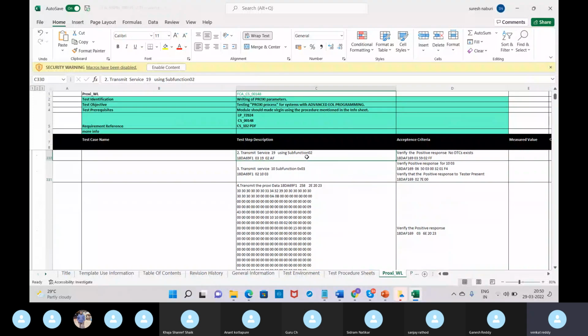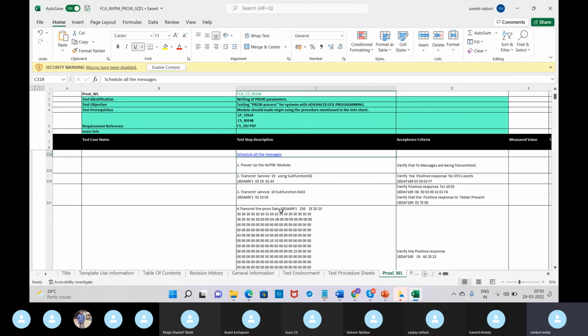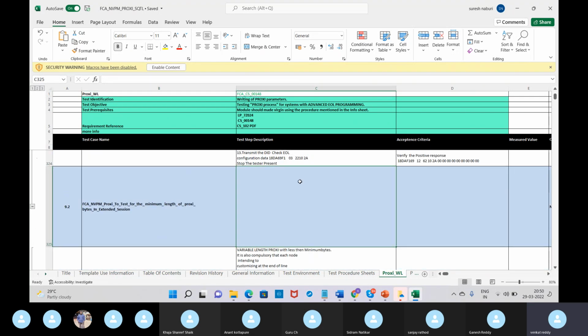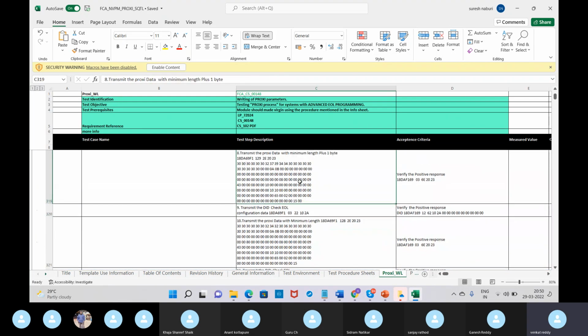Checking in all, first you need to enter into 1003 and then write. Next, you have to enter into default. See, default session. So we are checking in extended. Now we will check in the default. So in the default,